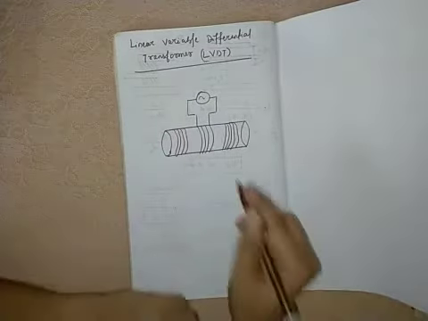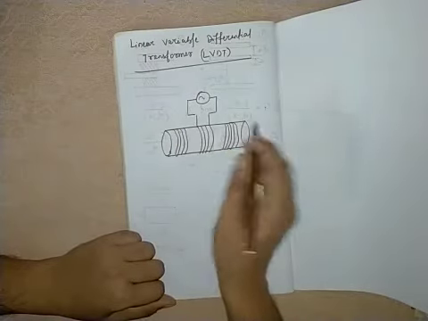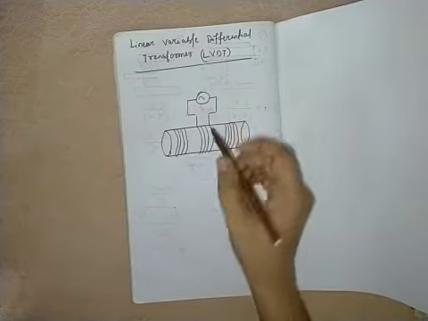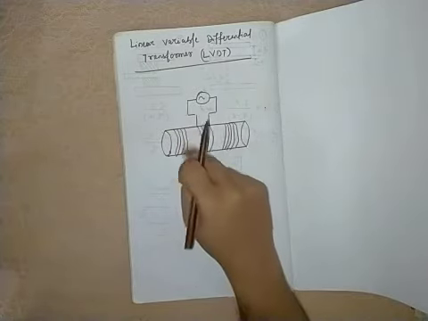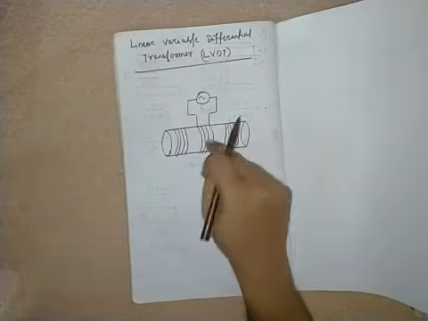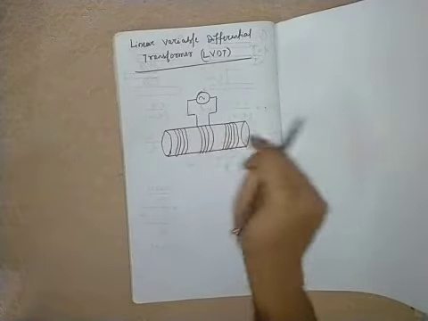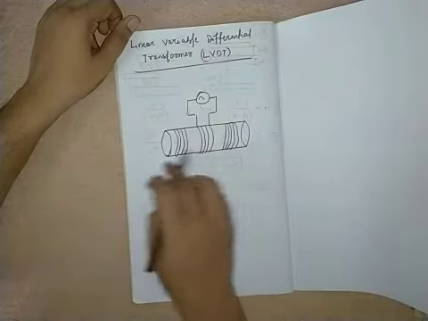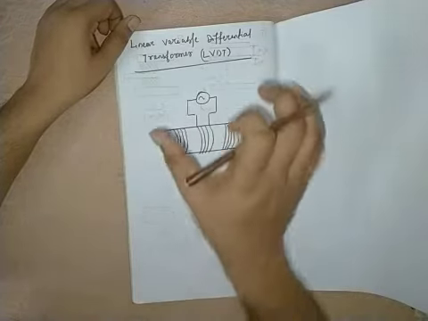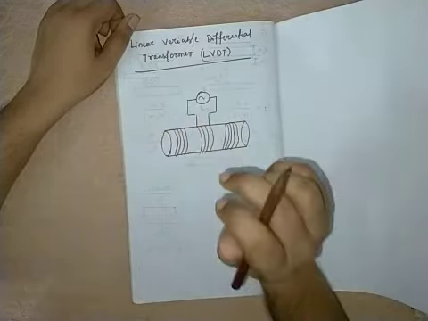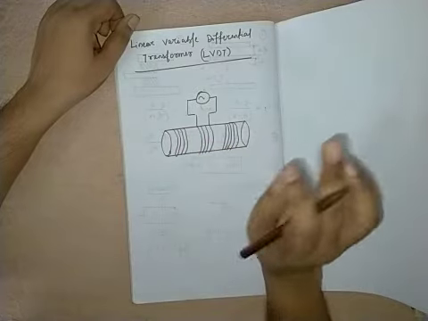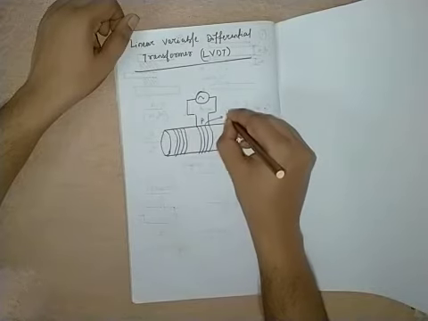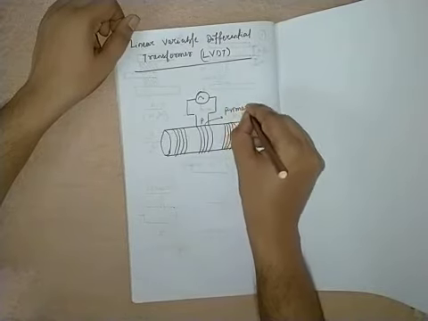Basically it has 3 coils which are symmetrically spaced. Look, here you can see one coil, this is another coil, this is another coil. There are 3 coils which are equispaced, symmetrically spaced along an insulated tube. This system is incorporated in an insulated tube. This is the central coil and these are the side coils. The central coil is known as the primary coil.